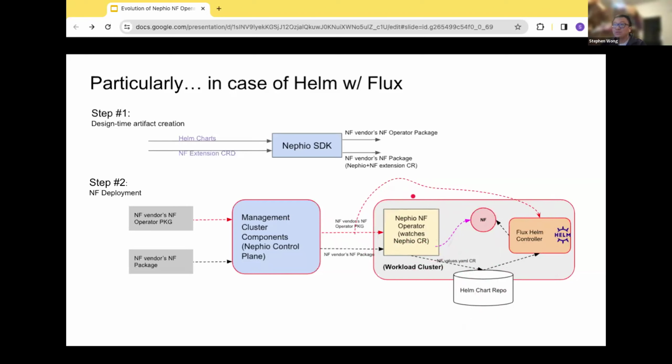The core logics that we really do right now for day one is nothing more than, one, translating the CRs, including vendor CRs, into what is needed for deployment to happen, and two, the part where you track if your deployment is healthy. Those are pretty much the only two things that need to be done by the operator up to this point. I would like to see that be the one thing that you have to build off of Nephio, and then everything else we'll leverage from somewhere else. It depends on the choices that you have.